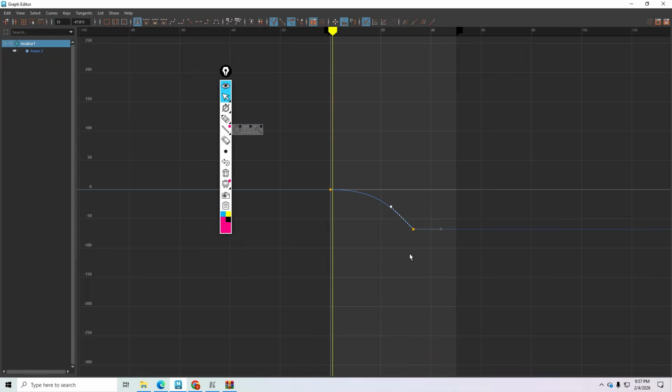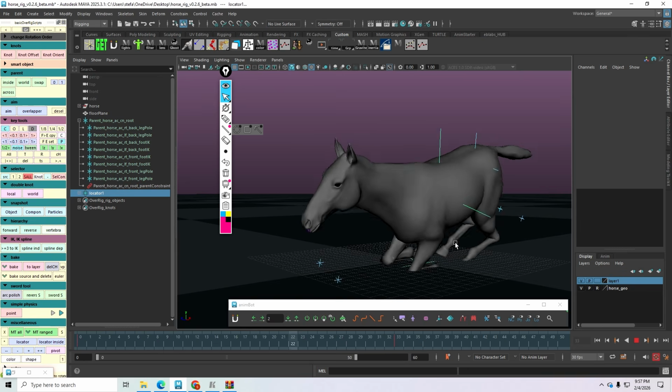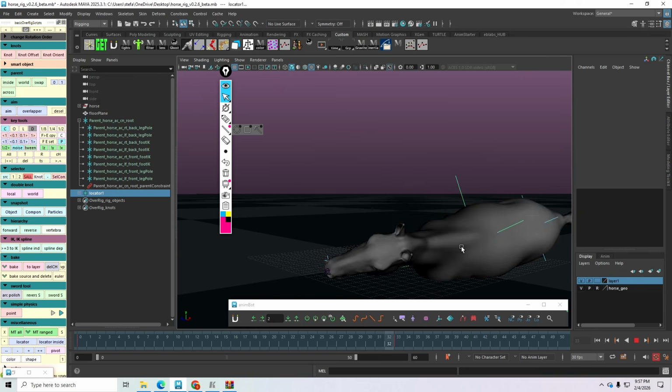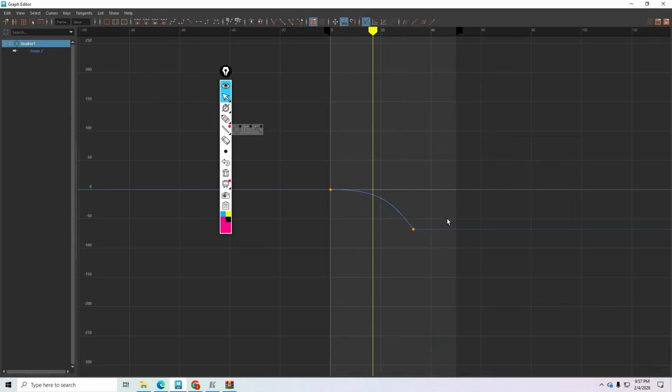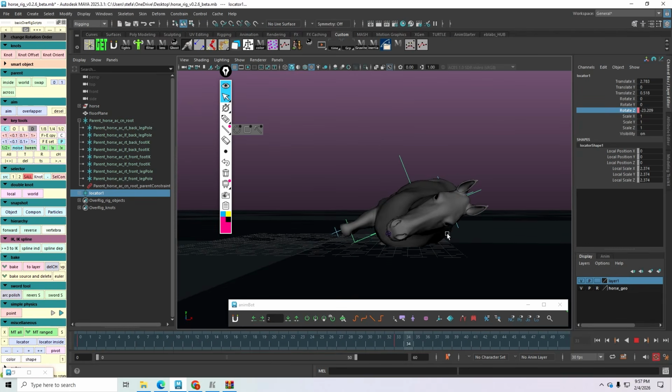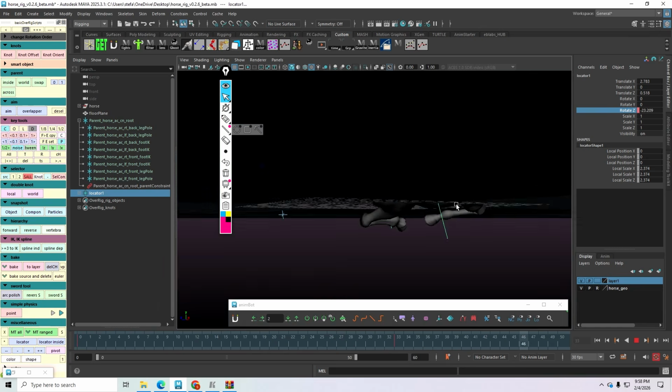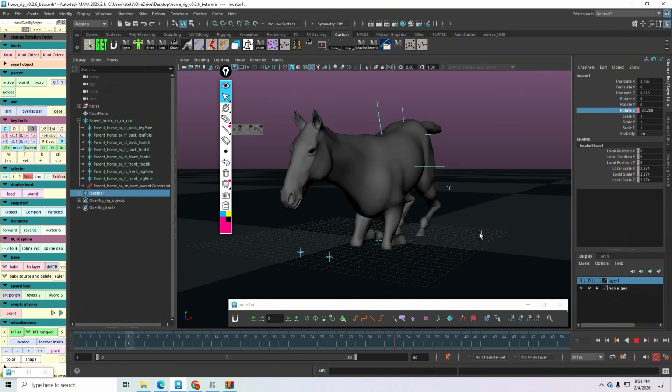Maybe he can hit a little bit harder, even more. So I'm trying to get a feel of the motion with a minimal amount of controls, which is one curve. Make it hit earlier. Okay, so if I like that, I can do another